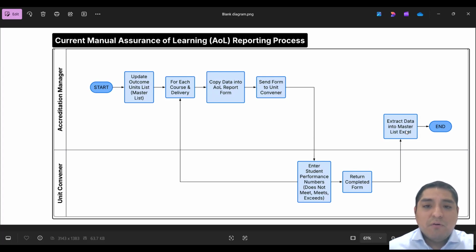As you can see from the flowchart, the process involves multiple back and forth handoffs between the accreditation manager and the unit convener, with a lot of manual copying and data entry at each step. This creates delays, increases the risk of errors, and consumes valuable administrative time that could be better spent on analyzing and improving actions. Now I will show you the improved system,